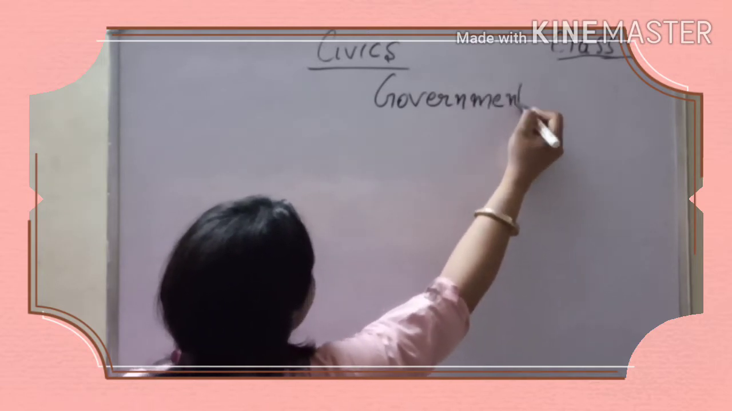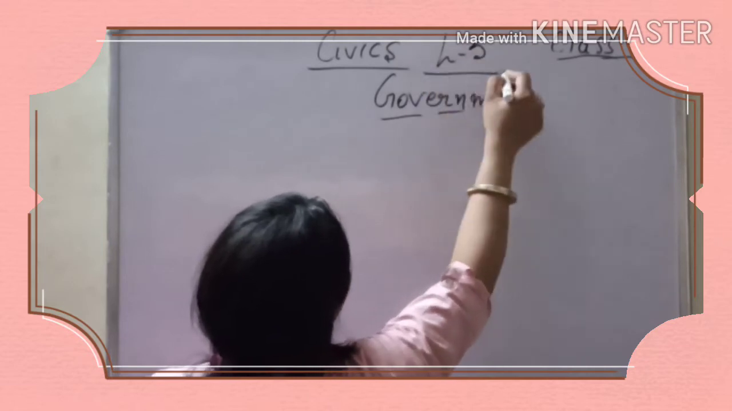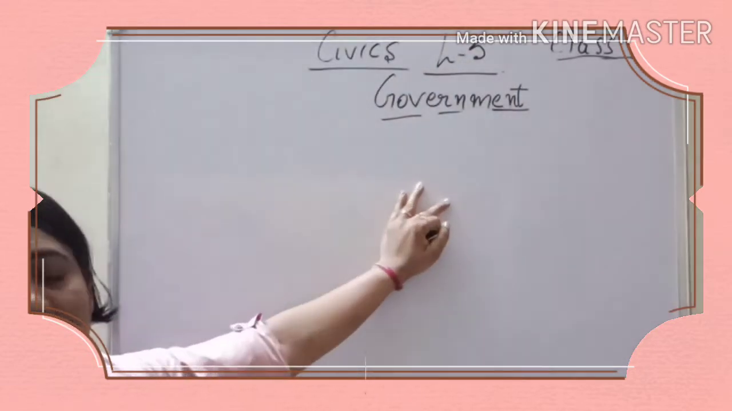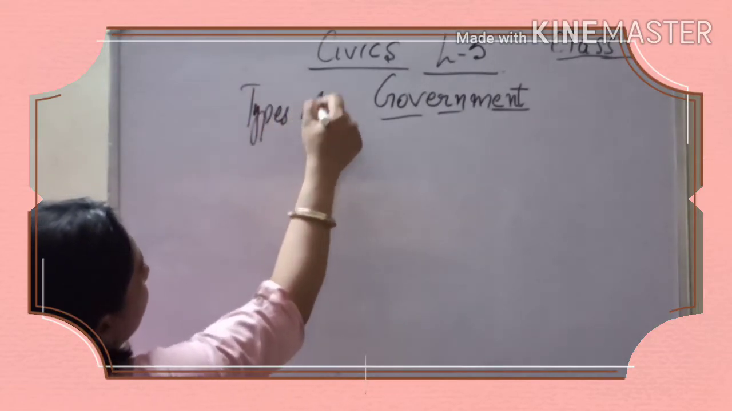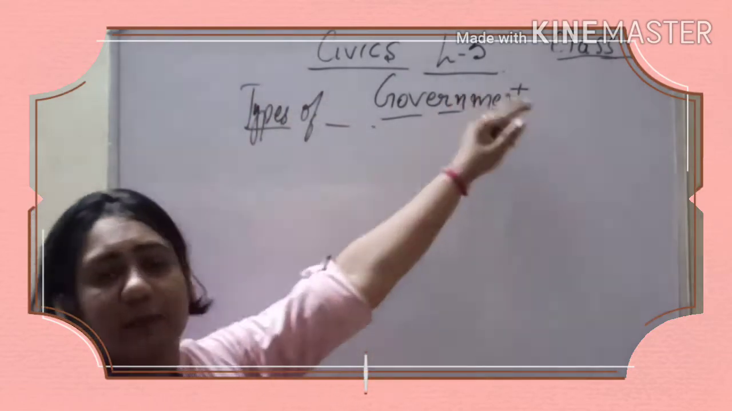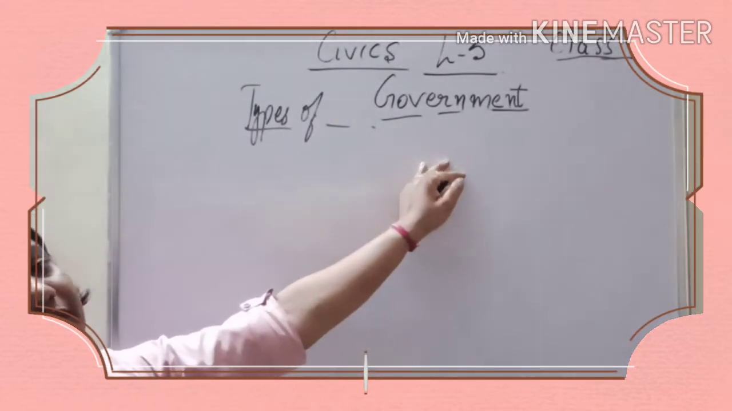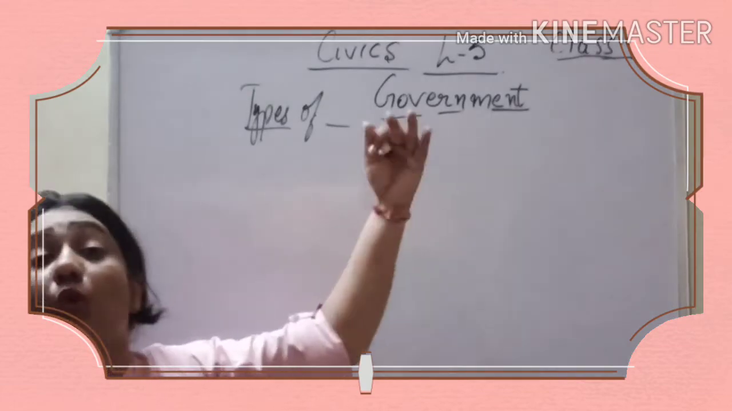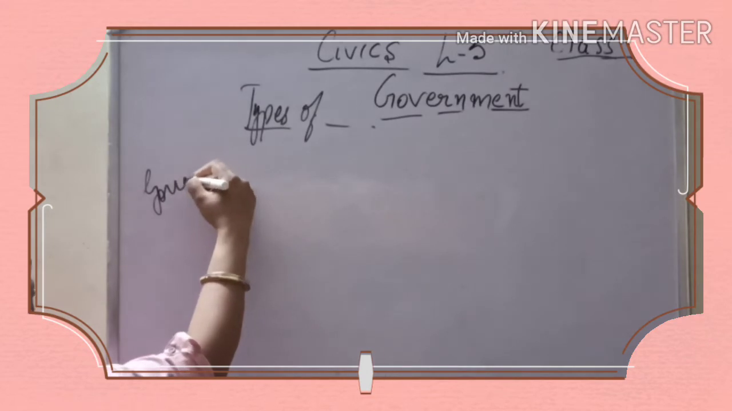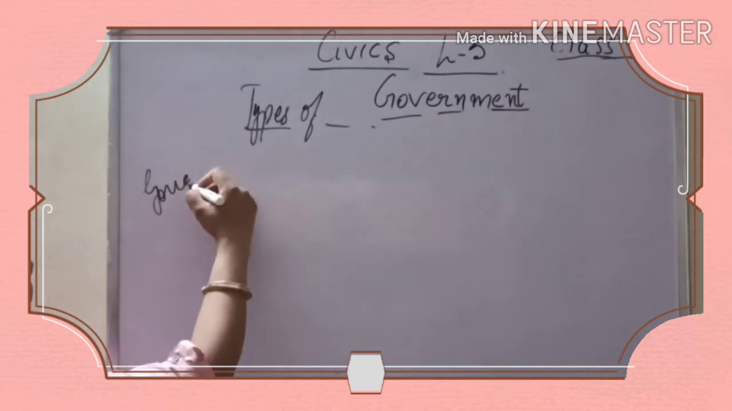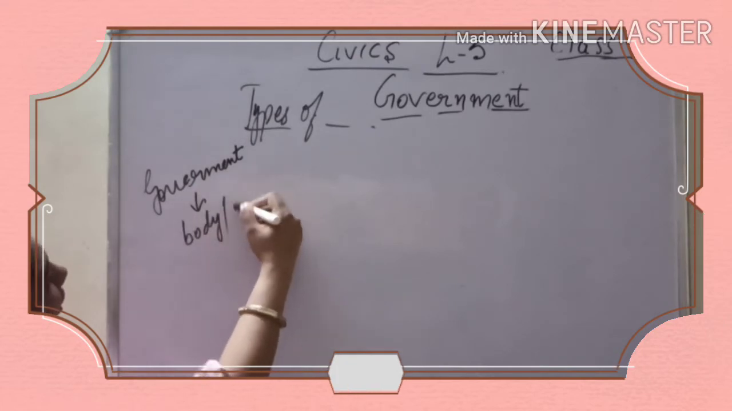So we are going to start with your third chapter of civics. And what is the name of that chapter? It is Types of Government in your book. So we are dealing with the types of government. But before we go to the types of government, it is very essential to know what government actually is and who makes this government. So let me tell you, government is nothing but a body, or you can say a group of people